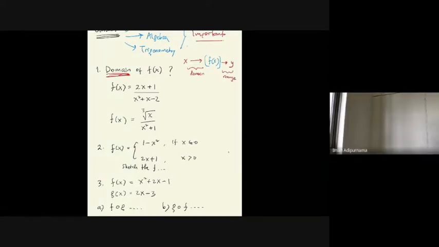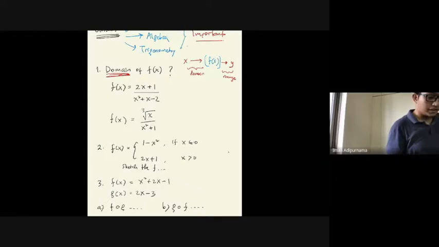So everything that we input to the function that makes sense, makes logic in the function, so the function can work, that x is in the domain. But if the x is not working on that function, then that x is not in the domain. So there's a lot of x, right? A lot of numbers. Which number makes sense to that function? All numbers? If all numbers, you can say, oh, all x in the real numbers is the domain. So you can put in all x. Okay. So for these questions, okay,